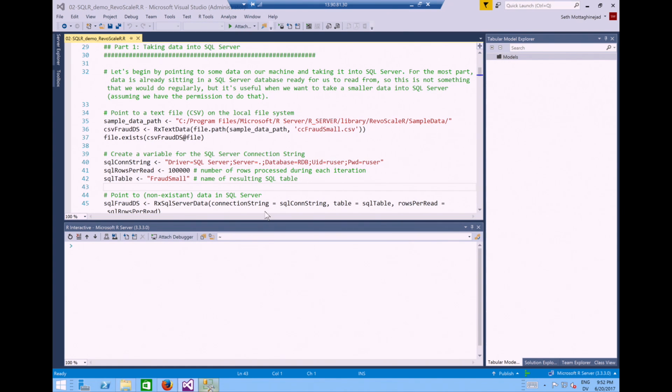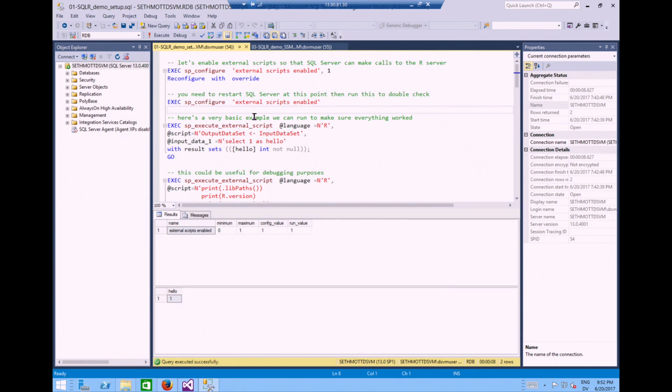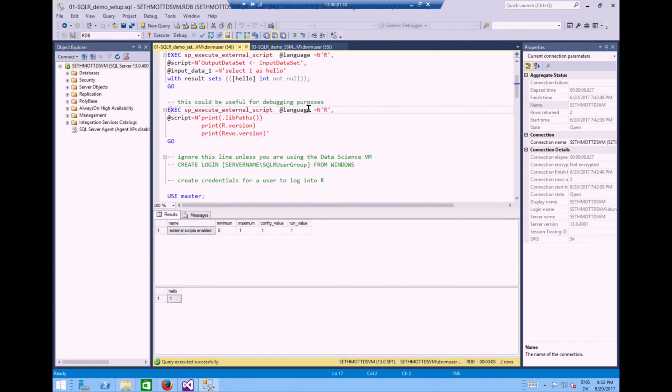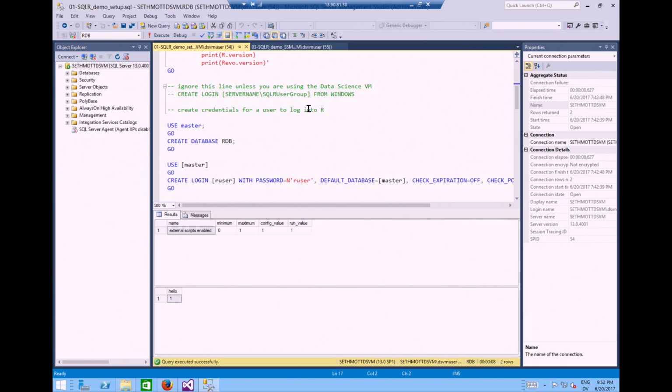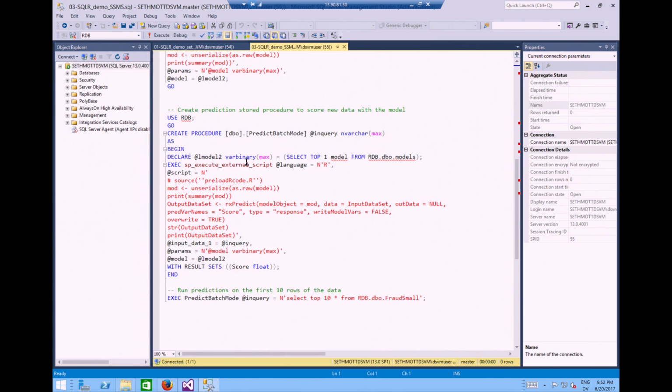I launched the Management Studio, and I ran a short script that is going to ensure that our services is enabled, right? And then another set of scripts that create a username and password that I can use to launch our services jobs. Okay, so this is pretty much just setting up the environment.